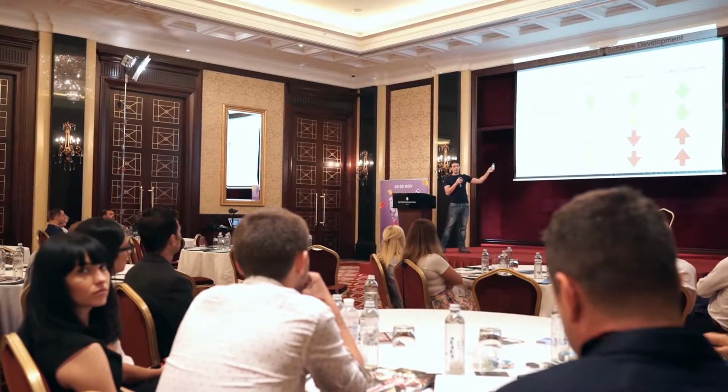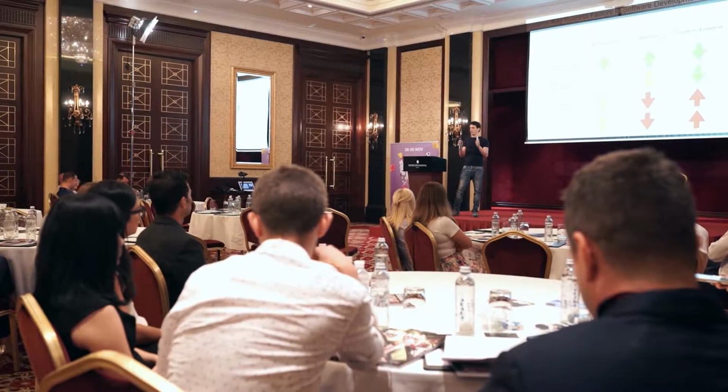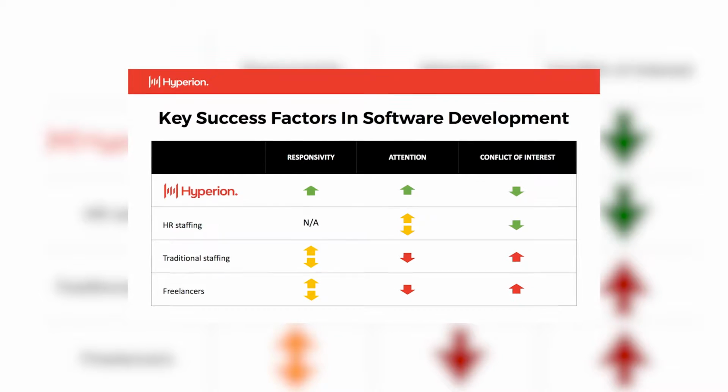So responsivity rates, daily, all the time, during working hours. We work in Scrum. Some of you already know what Scrum is. We won't go deeply into details. It just means a great framework to have full transparency and control over your project. Every day you can know who is working on what, what they are doing, where they are at, what the progress level is, and so on. So it's all transparent.